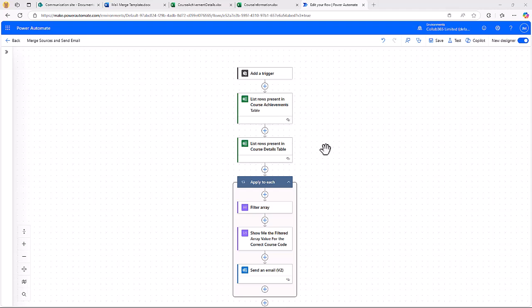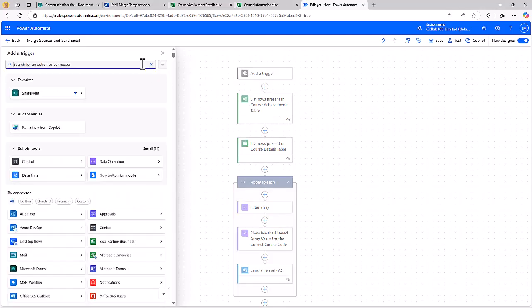The first thing to note is I've not set my trigger up yet. You can set this to run when you decide to run it, so a manual trigger, or you could have it running on a schedule. The beauty of what I'm going to show you here is that the files we're going to point it at remain relevant and connected, so we can run this and it will take the latest information present in that file. There's no downloading, no copy pasting. I'll set mine up as a manually run flow